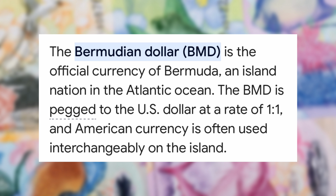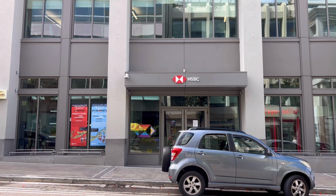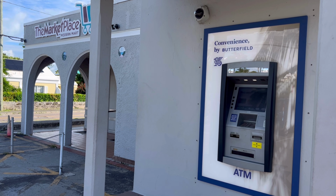The Bermudian dollar is the official currency of Bermuda, and it is pegged to $1 US. So you can use an American US dollar here in Bermuda. The two biggest banks in Bermuda are Butterfield and HSBC. You can withdraw money from the ATM in the banks or in the machines on the street, outside of stores,